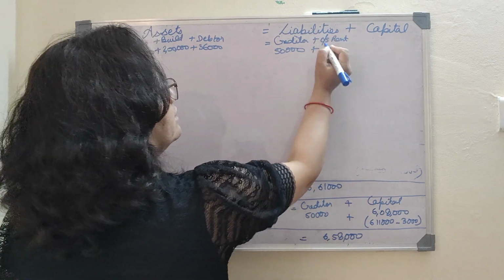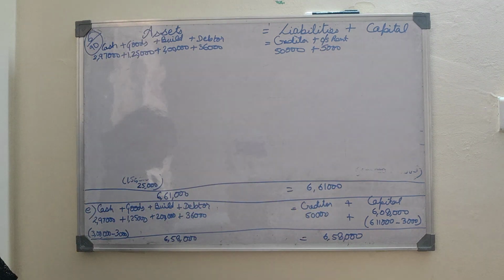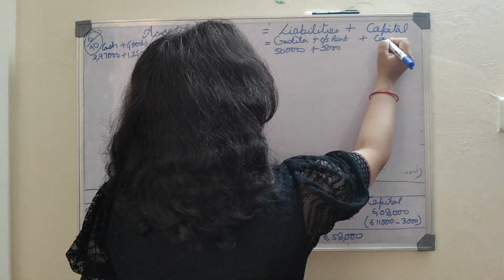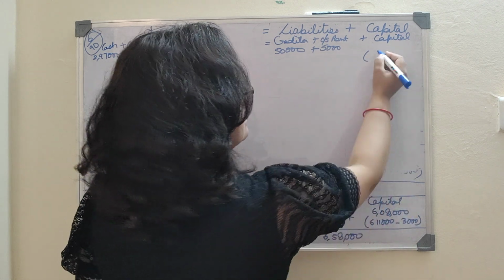So this is another head which we will open over here. Outstanding rent of 5,000, right? And from capital it will be deducted. Capital is 6,08,000